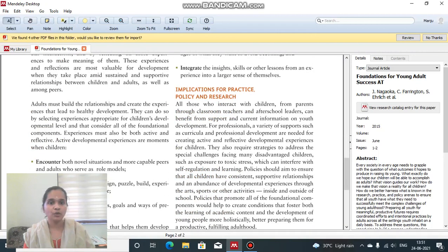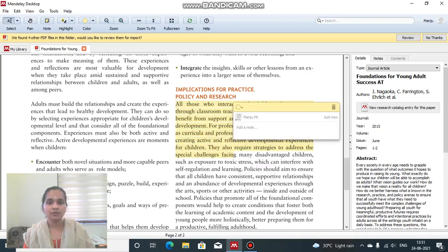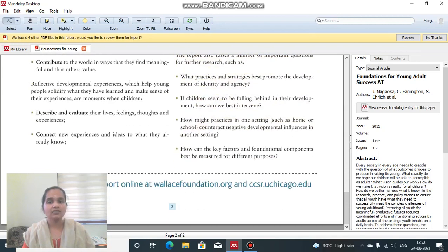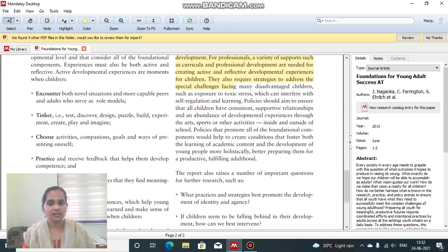If you want to take this for some of your introduction part, you can write here, "for my introduction." Okay, so you can take these things from other articles or from other papers. Okay, genuine things can be taken in a genuine manner, but you need to provide proper citation, so it can be easily handled through Mentally. Okay, so I have just added the note. Okay, so like this, everything can be saved. These all things will be saved forever.